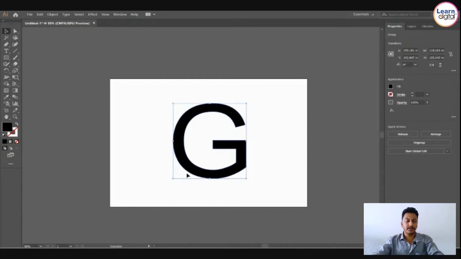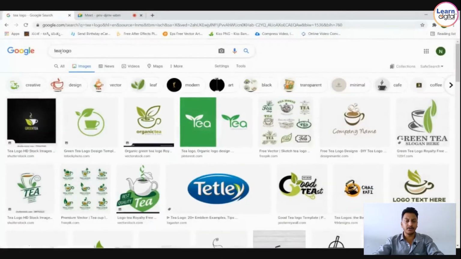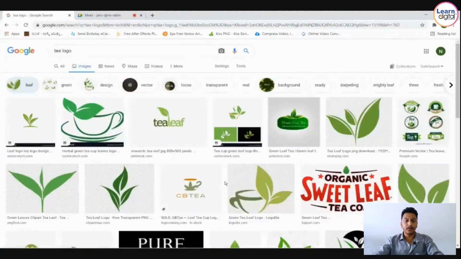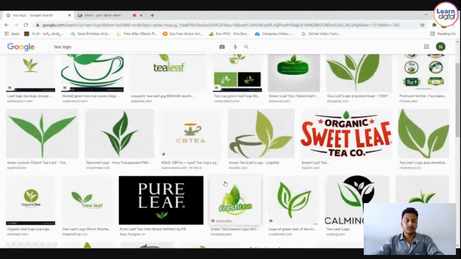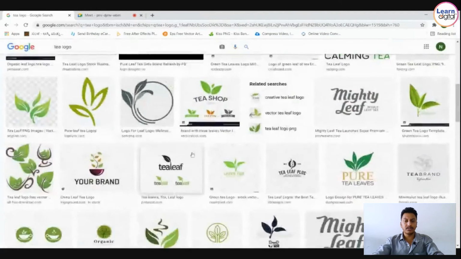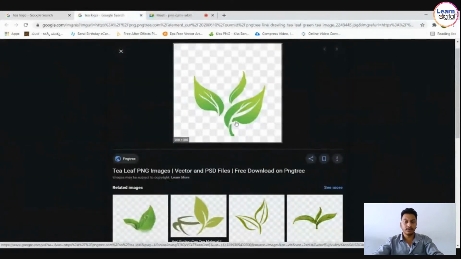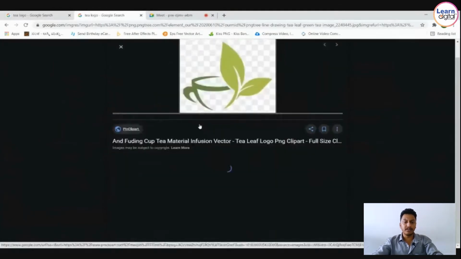So now I need a few leaves. So that's why I'm going with a reference of a leaf. So my concept is green tea or a teacup, whatever name you need, you can take. It depends on your product name or your company name. You will get a lot more samples of leaves also. So which one you need, you can choose. If you have your own sketches, you can use your sketches to create a logo. So currently I'm going with this leaf reference.